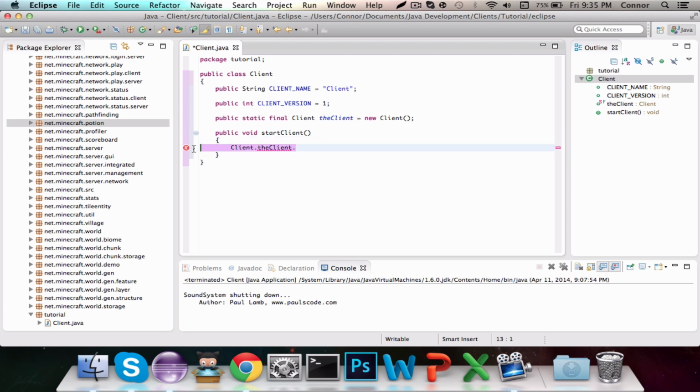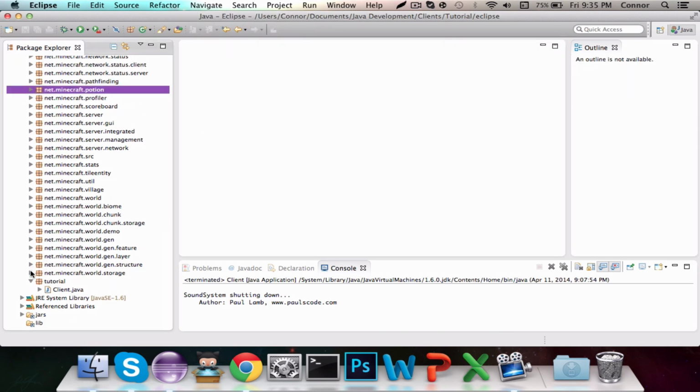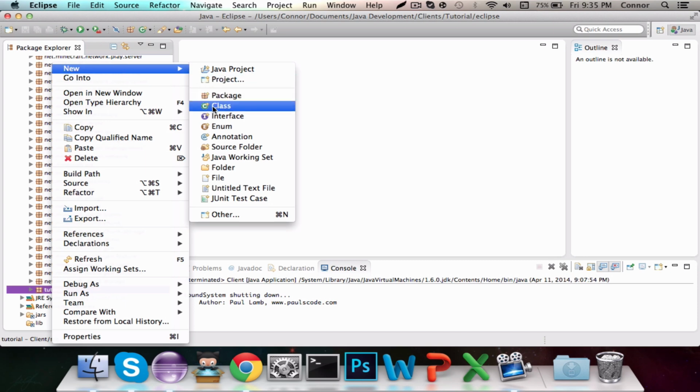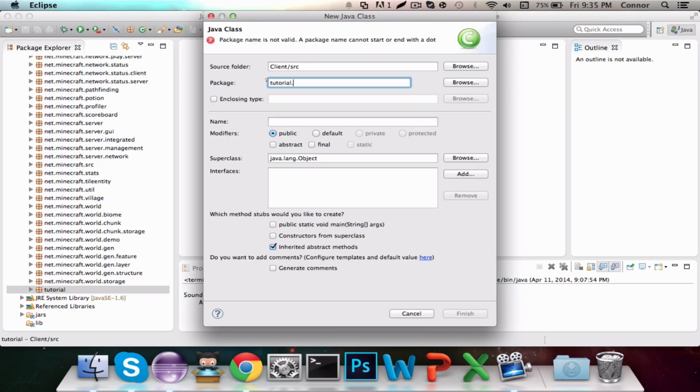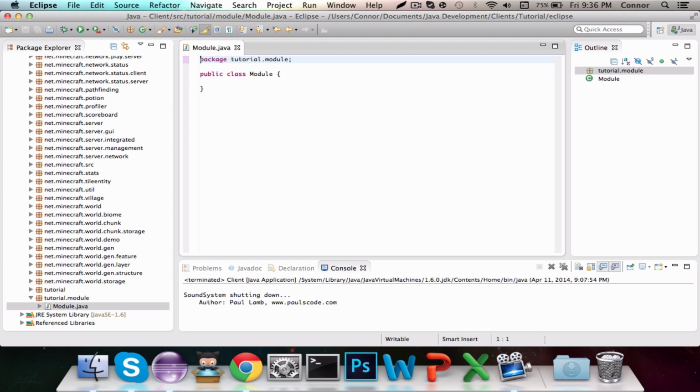So now that that is done, we're not going to be really touching this class at all for the rest of the tutorial. Now we're going to set up the base of our module. So we're going to make a new class, tutorial.module, and name the class Module, and let us get started. This is going to be the module class, and all modules will extend this class. So we're going to do private String module name,